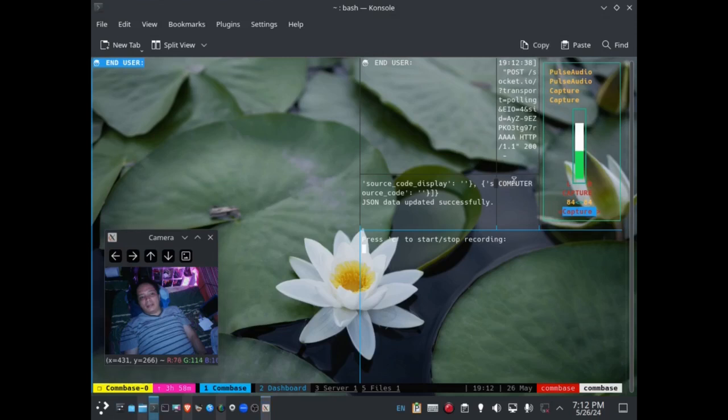Okay, here when it says computer automatic, it means that we are using Combase in computer mode and using the automatic sub modes. These modes and sub modes can change depending on the device you are using or developing Combase for.